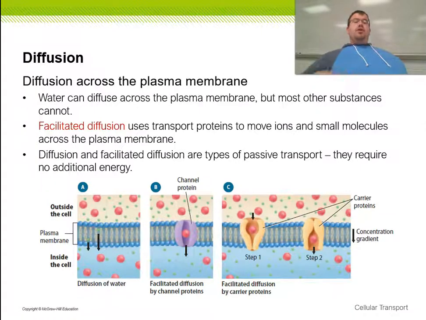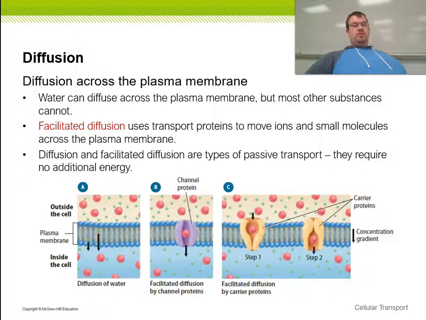All right, so we use this across our plasma membrane. Remember the plasma membrane that we talked about before here in chapter 7. So this will actually take place across the plasma membrane. A great example of this is water. Water will just freely diffuse straight across. No need